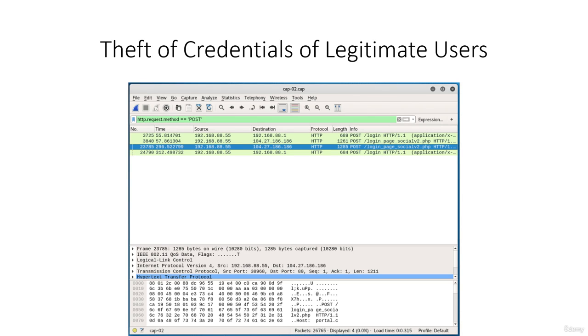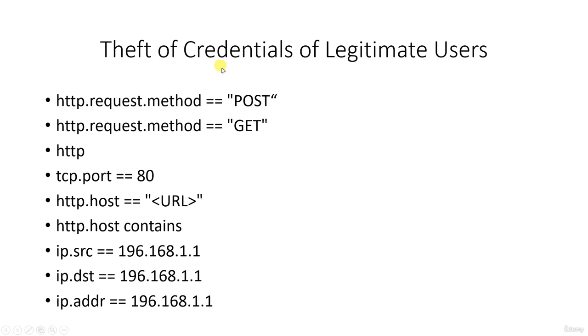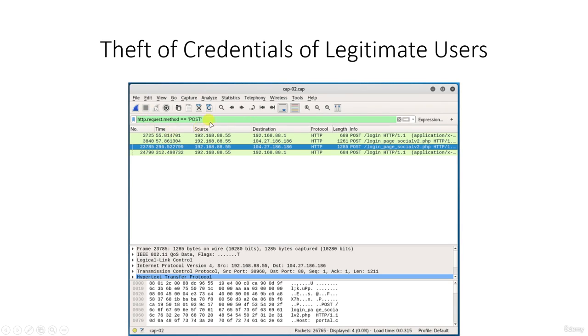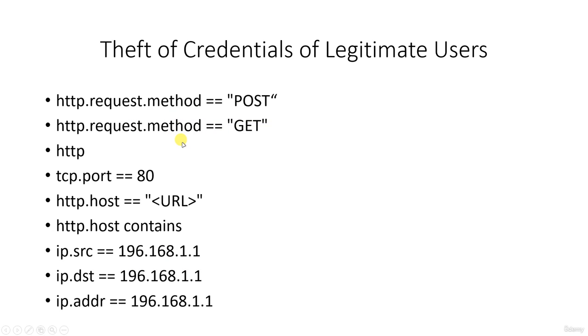To speed up the search, use a Wireshark filter, a filter that shows only data sent by the POST method. What you have to do is just type this in here. This is the wireless filter, which is built into Wireshark. Make sure you type those commands in here. This command, the POST method, will show only the data sent by POST, and this is the